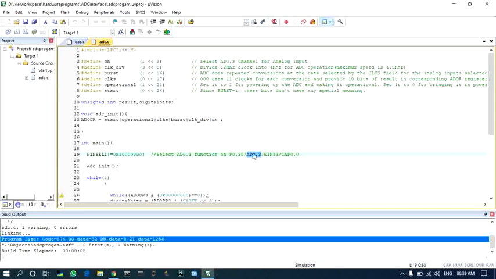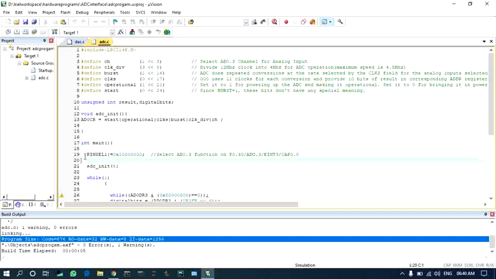We have enabled it using the value 1 by setting it at the appropriate position in PINSEL1. Since this pin is multiplexed, we need to select the function number corresponding to the analog to digital conversion.